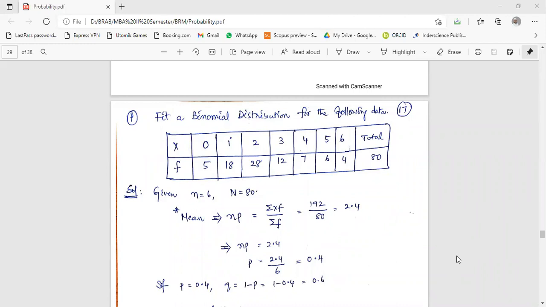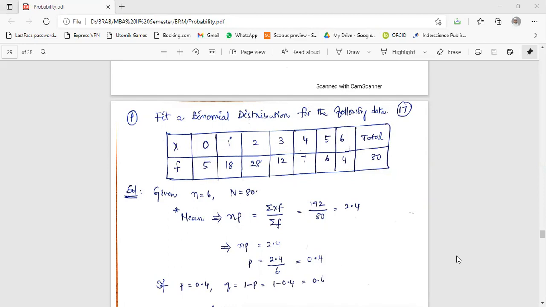While solving the problems of arithmetic mean, you would have come across this. There are 3 types of series: individual series, discrete series, and continuous series. And we can solve the arithmetic mean problems by the direct method, shortcut method, and step deviation method also. The very simple formula to calculate the average or mean is sigma x by n, where n is the total number of items. Likewise here, n in the case of discrete series means sigma f.